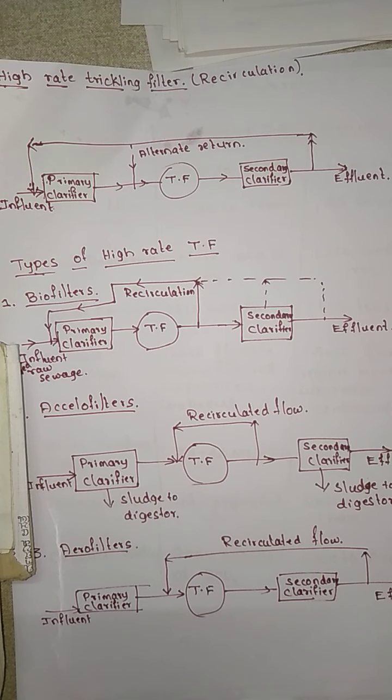That is also one of the reasons. The recirculation is going to provide a longer contact of the applied sewage, right? So the oxidation of the organic matter is going to happen again, and it is going to accelerate the biological oxidation process. That is the reason why we are going to have the two-stage recirculation.